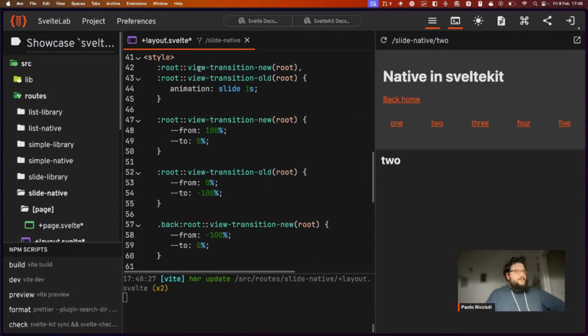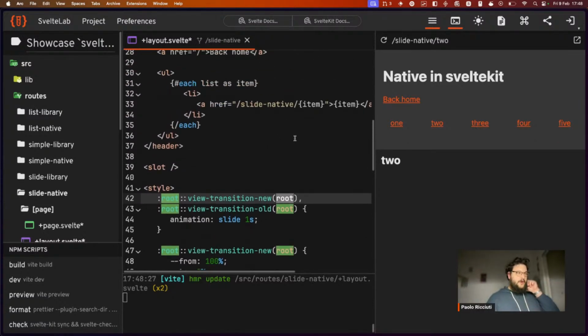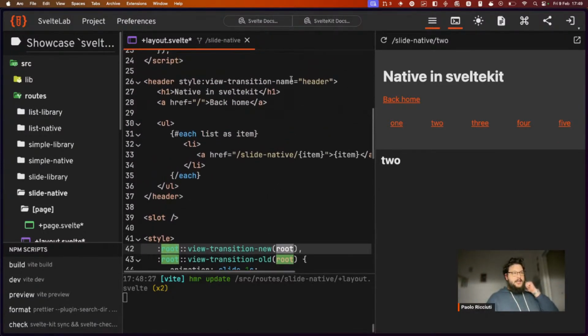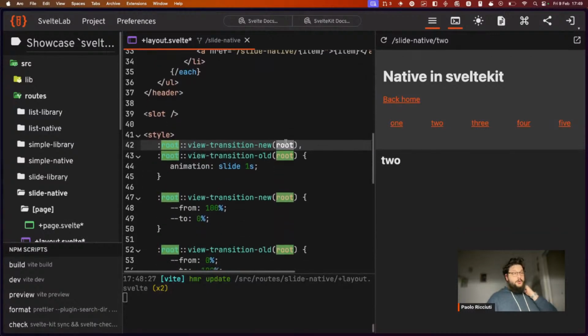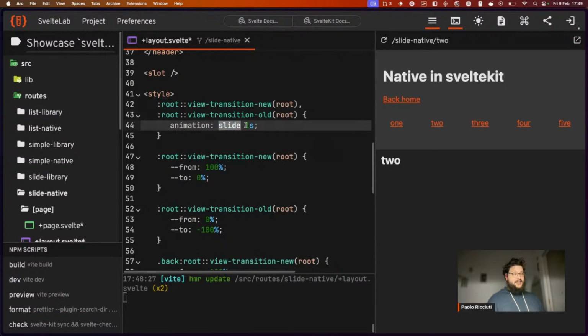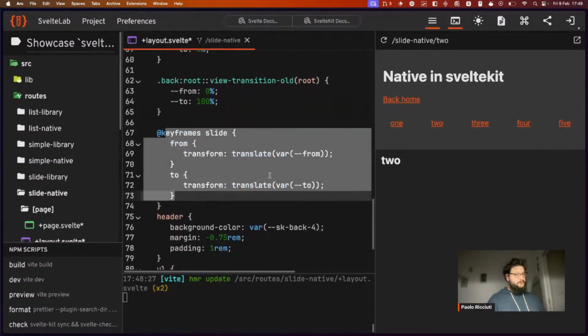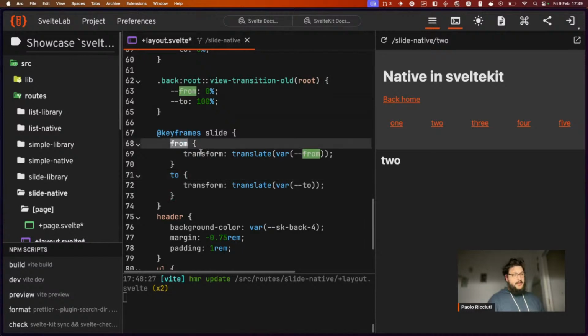You can target the view transition new root, and this is the name of the view transition. The root is the general one. If I wanted to animate the header, for example, I could replace root with header here. And I'm telling it that I want a slide animation of 1 second. If we go to see the animation, I'm going from a transform of var from